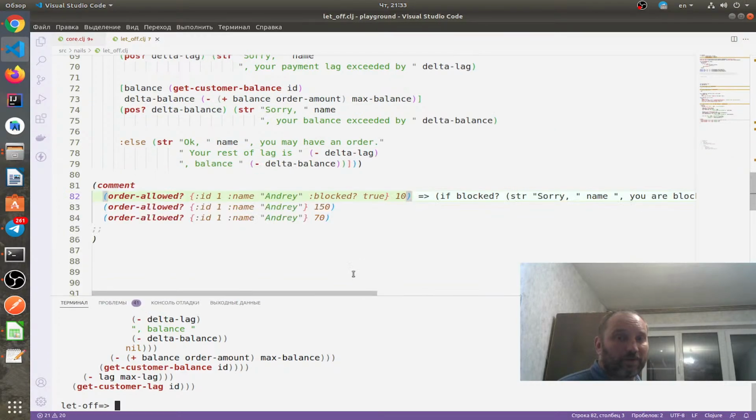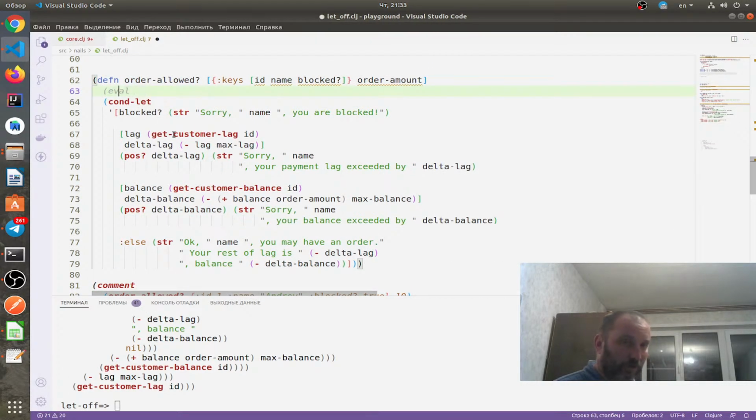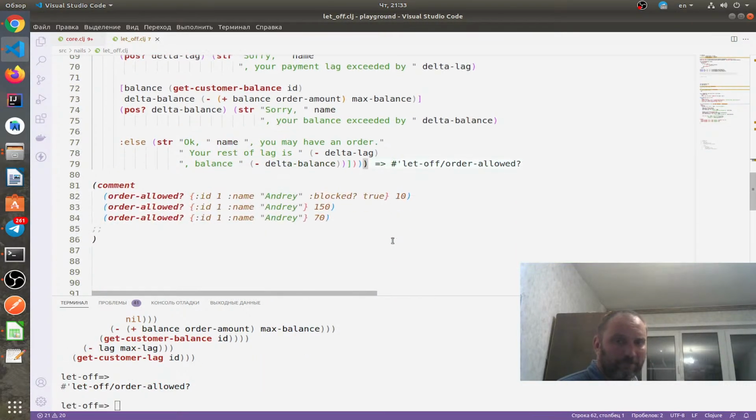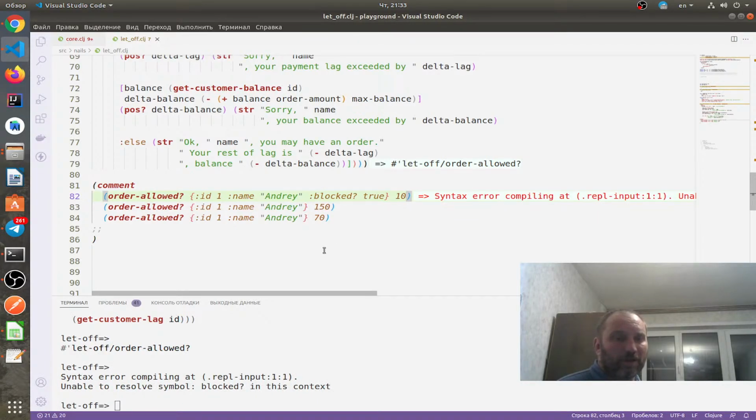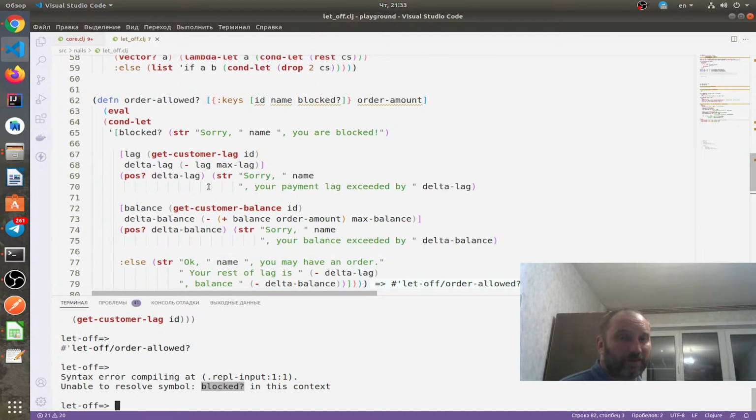But as was explained in the previous nail, if we call eval directly here, it will return an error: unable to resolve symbol blocked in this context. What does it mean? As we explained in the previous nail, these symbols are not available to the eval form, even if we use them here in the body of the eval form. So how can we overcome it? Like we did in the previous nail, we can add here an extra